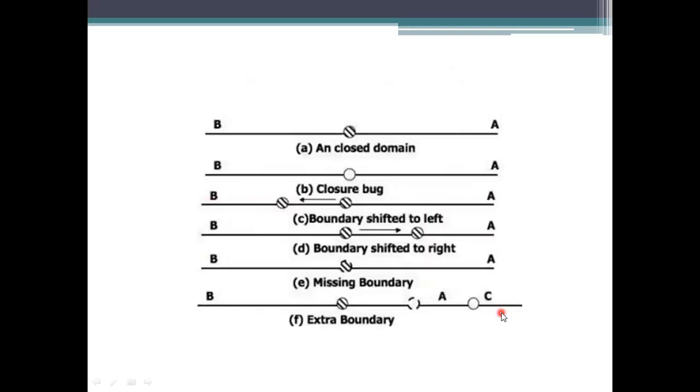And coming to the next representation, here in this closed domain representation, we are having open boundaries for the previous one. So here we need to take the test points which are on the boundary and detect the closure bug. What we have to do is take these open boundaries into account and apply strategies on these points. The strategy we can apply here is to specify whether it is being taken into account or not.